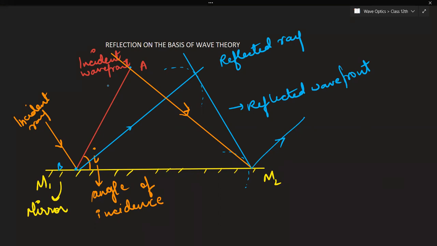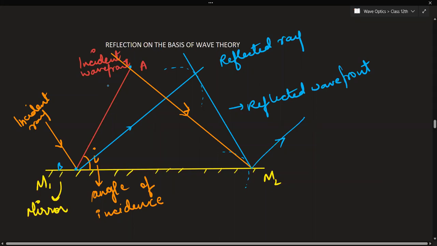The initial primary wavefront has points, and these sources become the fresh sources for the new secondary wavelets. These are the secondary wavelets. The forward envelope of these secondary wavelets forms the new wavefront. Now this new wavefront will act as a source of the next wavefront, and this way it will keep on propagating. This is what we had already studied.